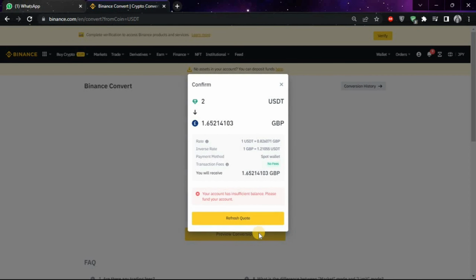So guys, it will show you how much your 2 USDT are worth in pounds. So after you have the sufficient amount, then you can click on this button and it will convert your